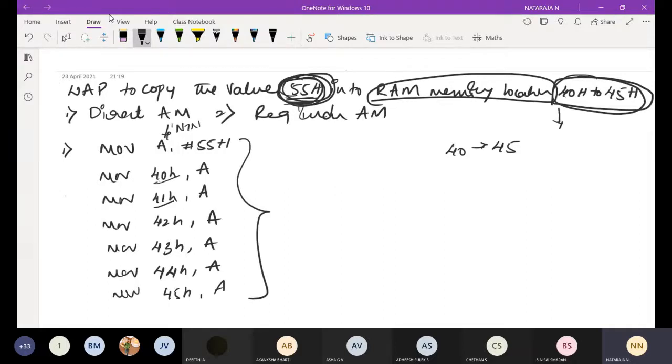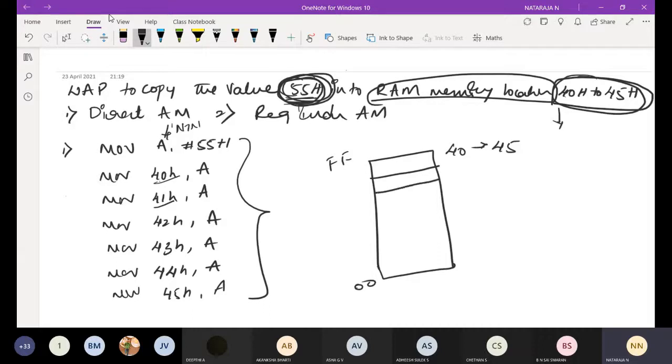For example, take the memory location here, 00 to FF is my total range. I will write 40H, 41, 42, 43, 44, 45.